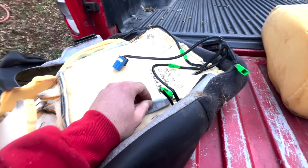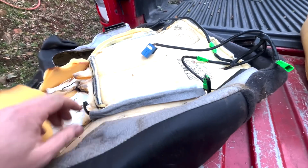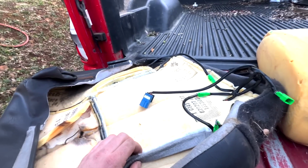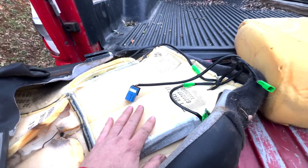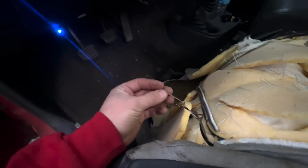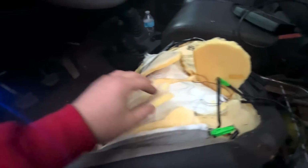Because that splits into that, and that goes into that. That goes up to this. That's what that is. There's a lot going on. Shit. Guess we gotta cut it out and see what's up. Aha! They're working. It's this one up here. It was burned up. But I don't trust any of them because